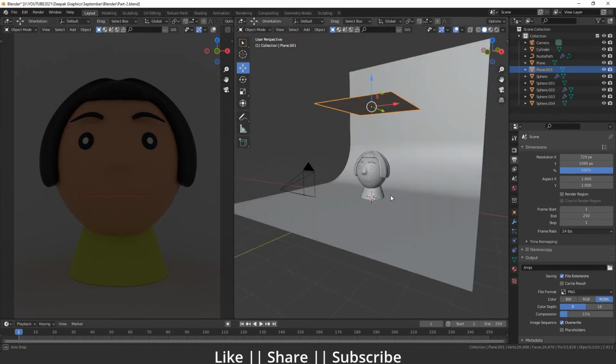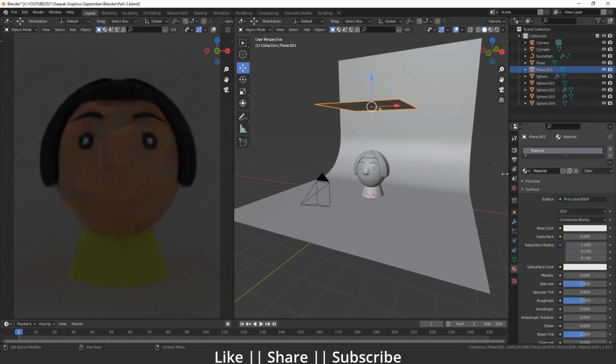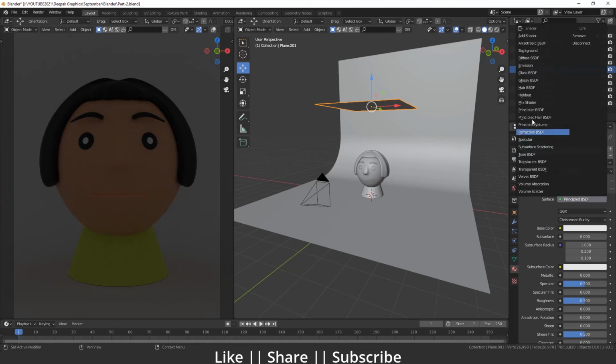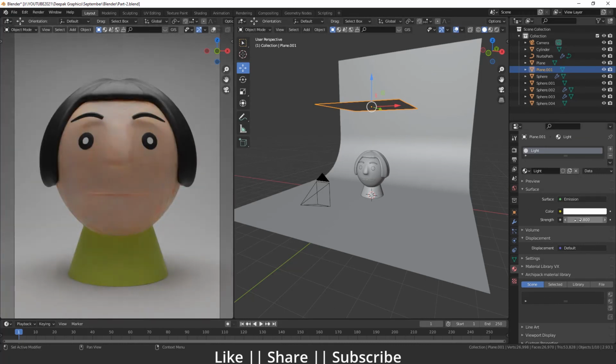Now I will just select my plane, and I will just go to my material section, and here I'm just gonna add a new material, and I will just give this the name light. Yeah, something like that. And I will just change the surface to emission. So that is the emission basically. And here you can see when I just add the surface as emission, we'll see a little light in our scene, which looks nice. So we can just increase the strength from here. Here you can see. So we'll just keep this strength at 2.5